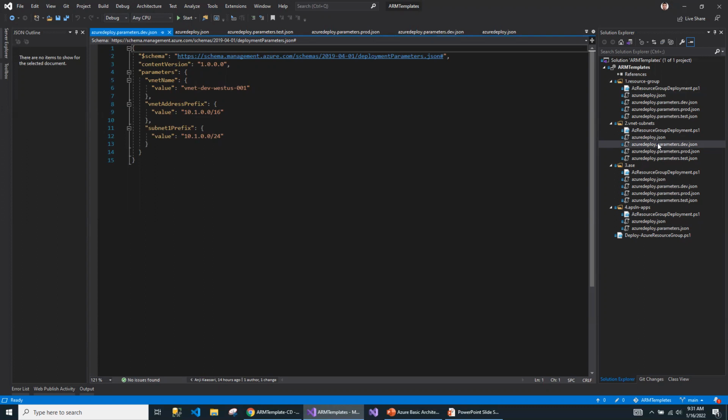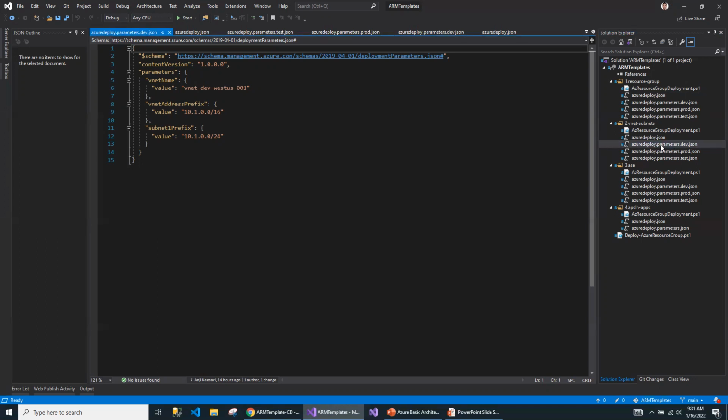Because in the future, if you are moving into a different DevOps tool like Bitbucket or Jenkins, you might need to manage those parameters. So I would recommend keeping these parameters inside your source code so that you get full control.